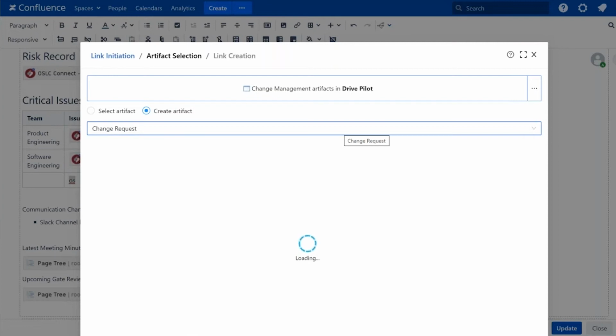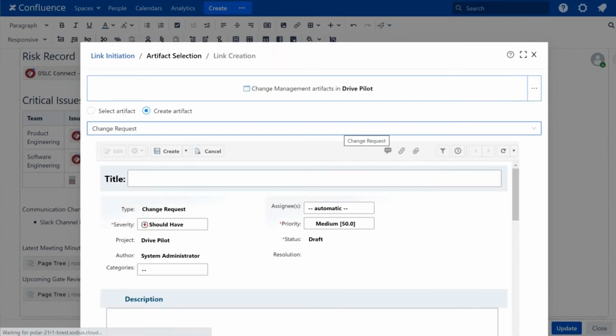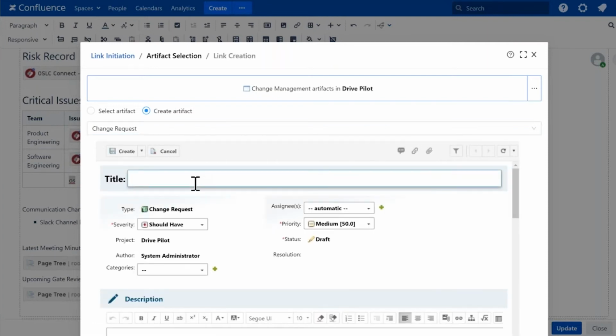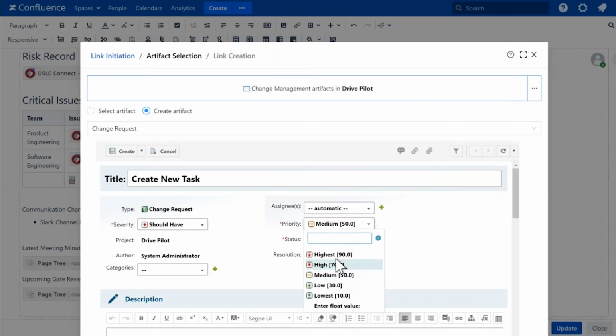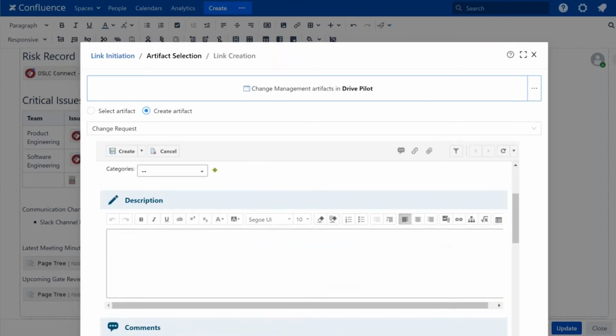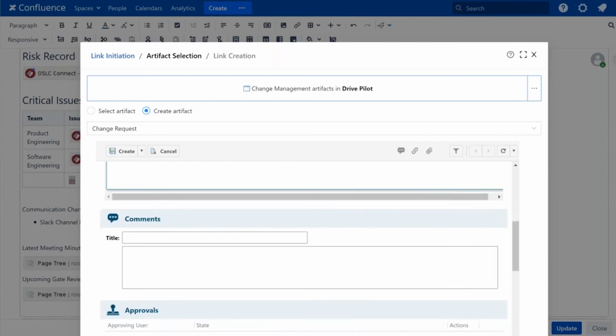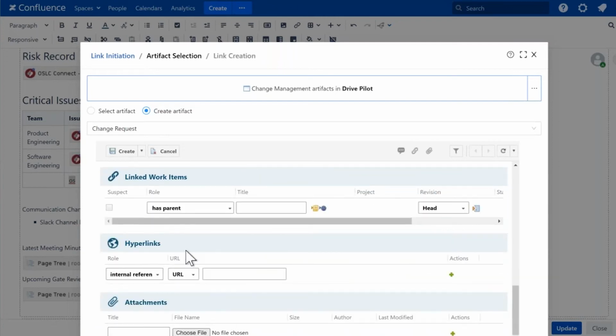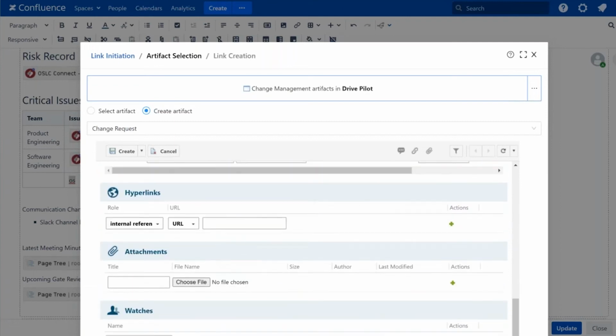And the nice thing about this is that if I'm dynamically updating my content in Confluence and having a meeting, I don't have to navigate to that other tool. I can go ahead and create a new task. You're going to see that I have mandatory fields that I have to populate, and this is just my native editor from within Polarion. So I have access to all the fields that I expect, and the ability to link to other artifacts and create those elements.